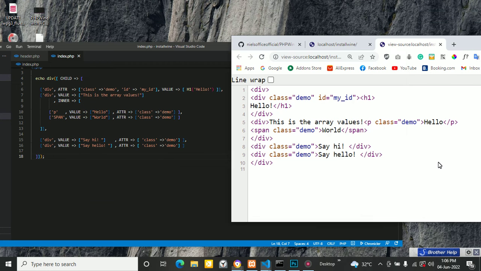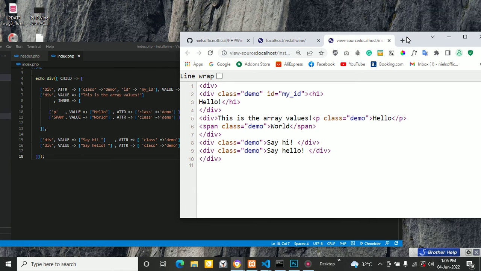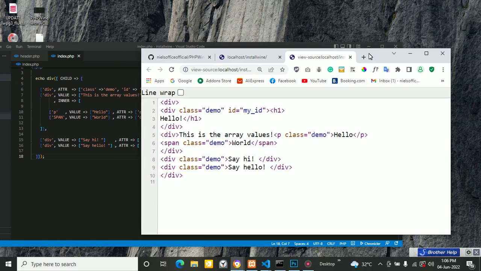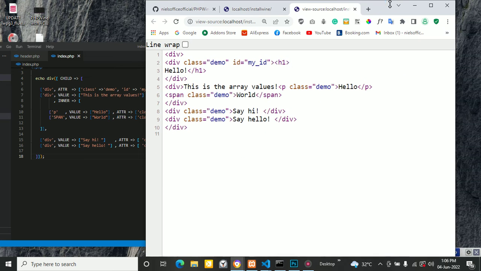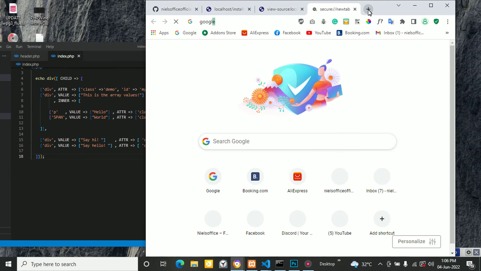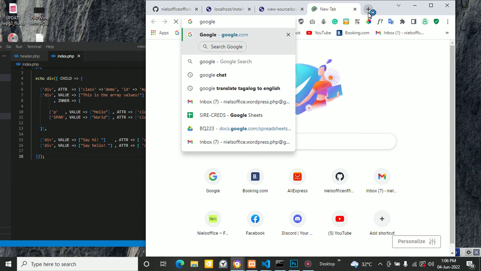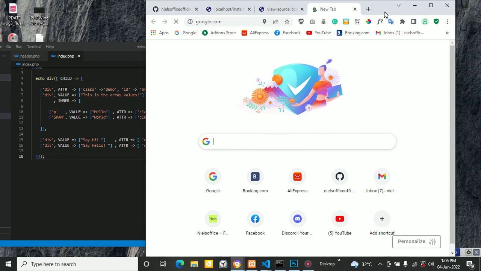And in order to achieve that, which key should I use? Of course, the inner key. Okay, so what makes sense? What is the difference between the inner key and the value? The value is the string type, while the inner key is giving you a chance to add another element. So how does it make more sense? For instance, let's say